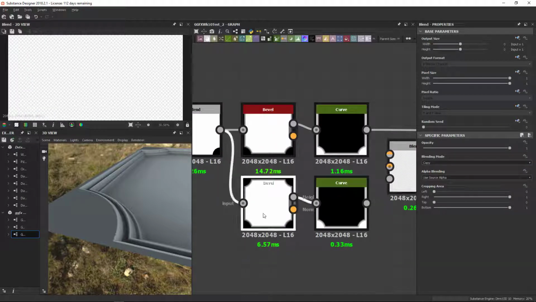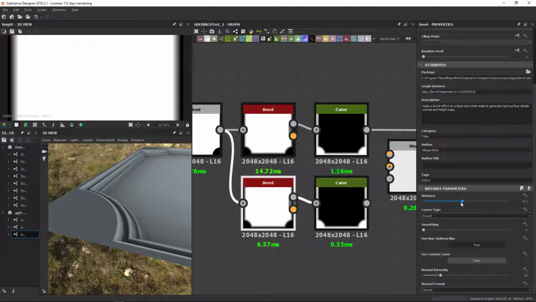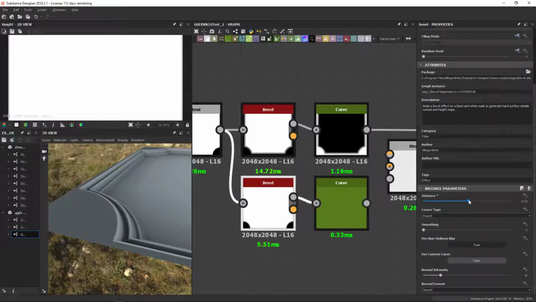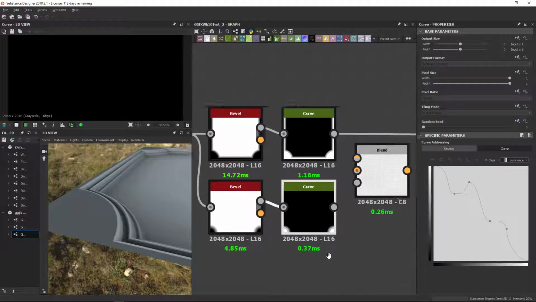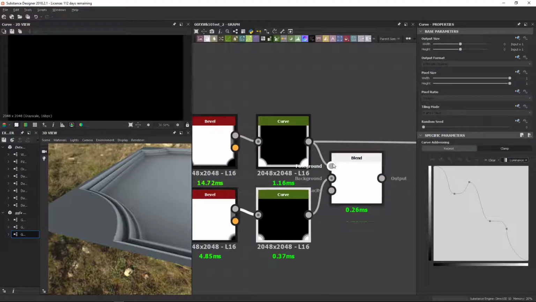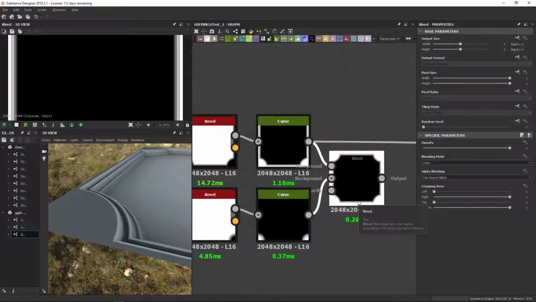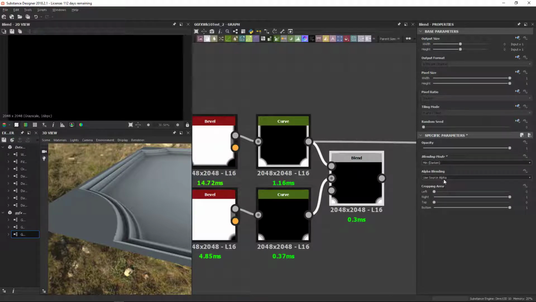And so what we're going to do this time to the bevel is change the distance to a positive number, which means it's going to bevel the other direction. And so when we add both of these, if we change max lighten or min darken,